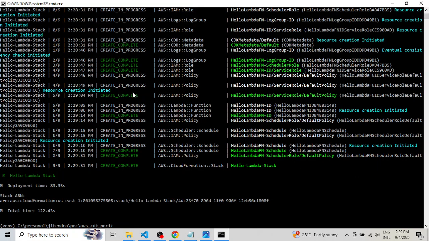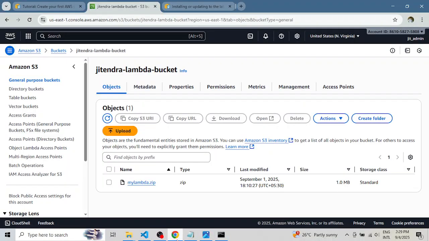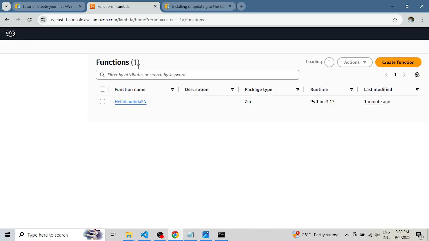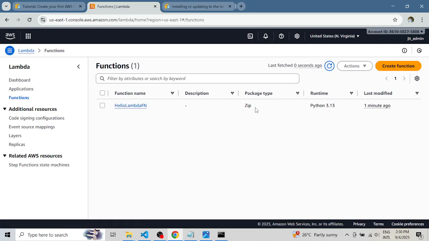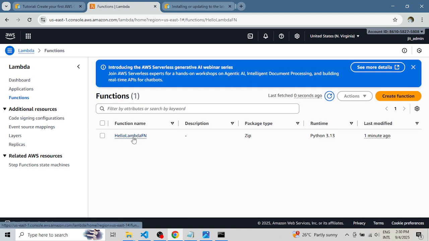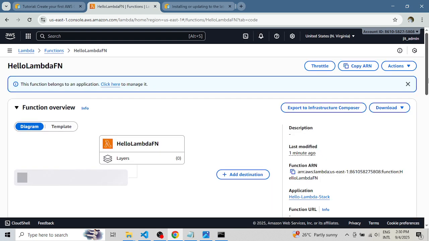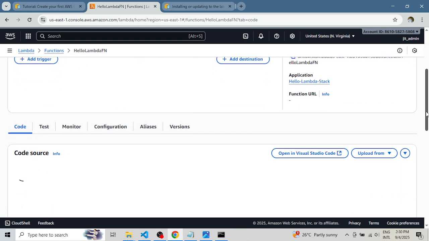So if you see here, this deployment is completed, and it has shown how much time it has taken to deploy. Now let's verify what all it has done in our AWS environment. So first let's see whether it has created the Lambda function or not. For that let's go to Lambda. So yeah, it has created one Lambda function, this one. If we come here, so it has created this Lambda function, and